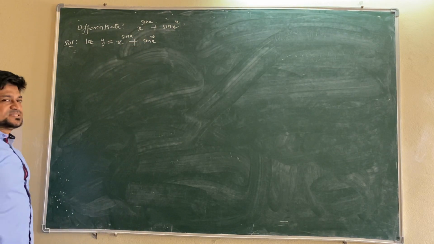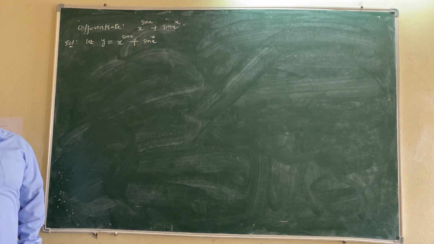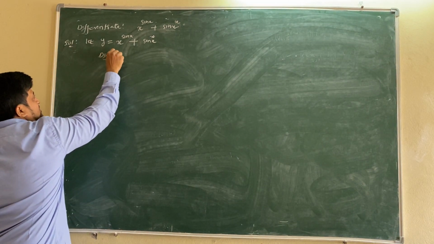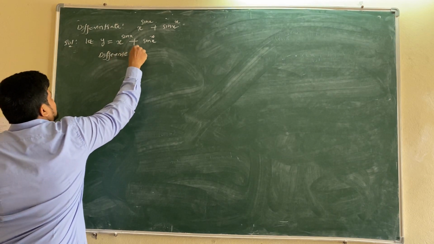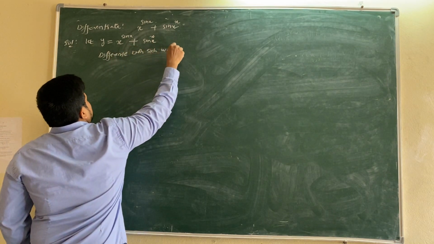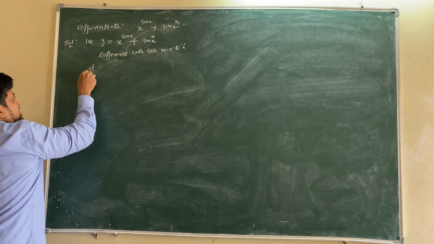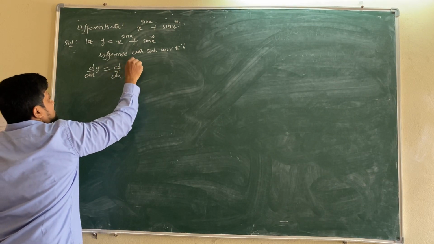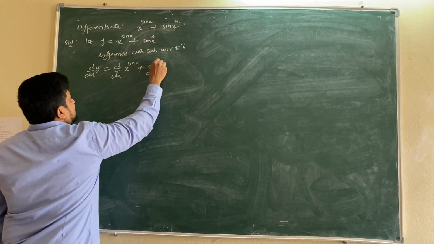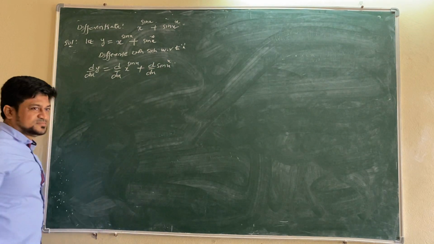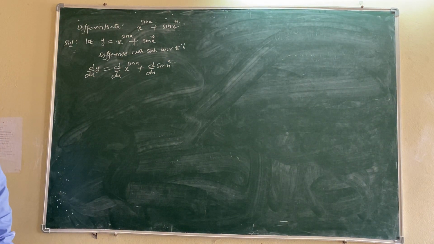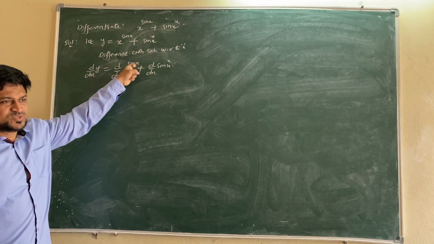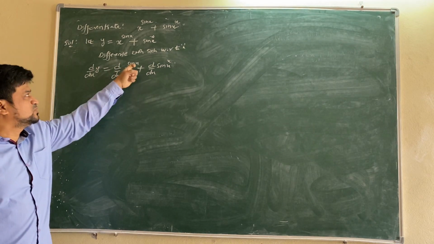Now we'll write. Because two terms are there with plus sign, minus sign, we can't apply log on both sides now. So we should differentiate both sides with respect to x. So d by dx I'll take for y, d by dx I'll take for x power sin x, d by dx I'll take for sin x power x. What I did? D by dx. So I can't differentiate this one because it has base and power as x. So I can't consider x power n or n power x because both are x values.